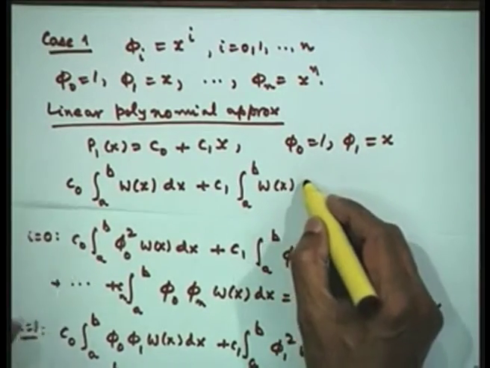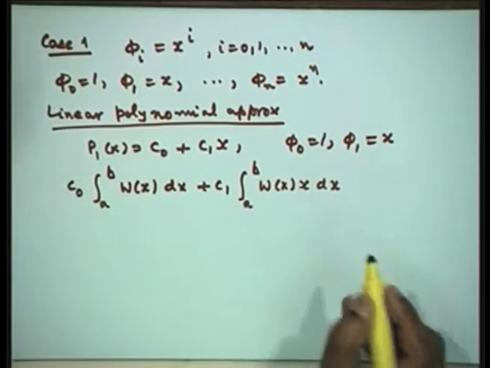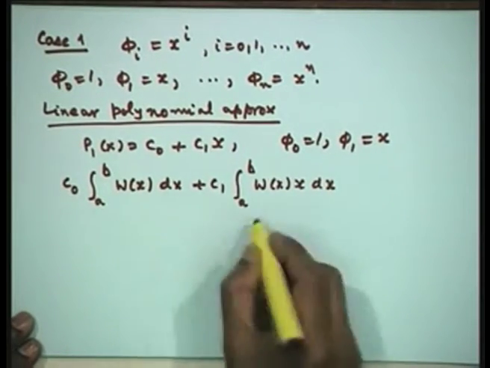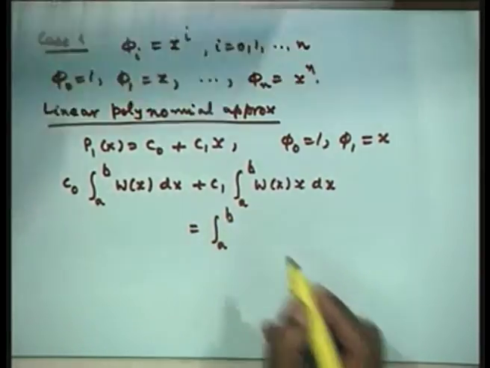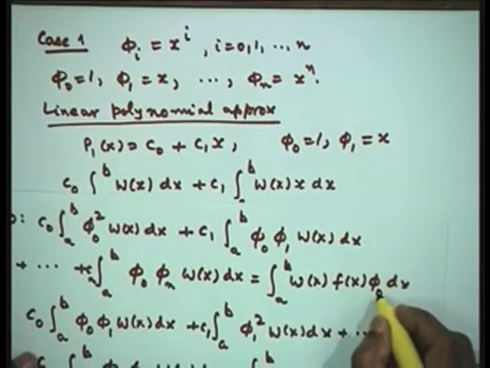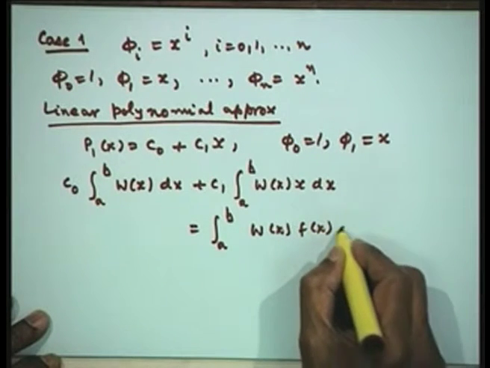Therefore, I will have the product as x, so I will have here x dx, and the right hand side is integral a to b. Again your phi 0 is 1 here, so I simply have w(x) f(x) dx,